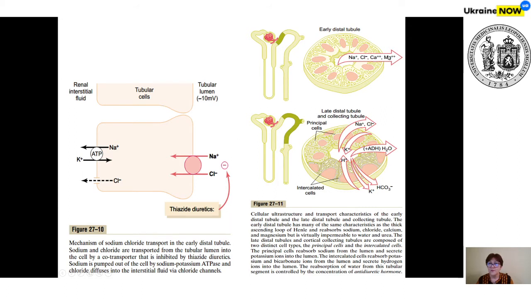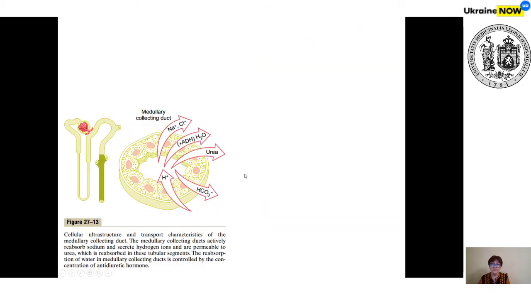There is reabsorption of main electrolytes in this region, and antidiuretic hormone begins to act, reabsorbing the free water. Reabsorption of bicarbonate also takes place, and secretion of hydrogen ions and partially potassium ions. And finally,